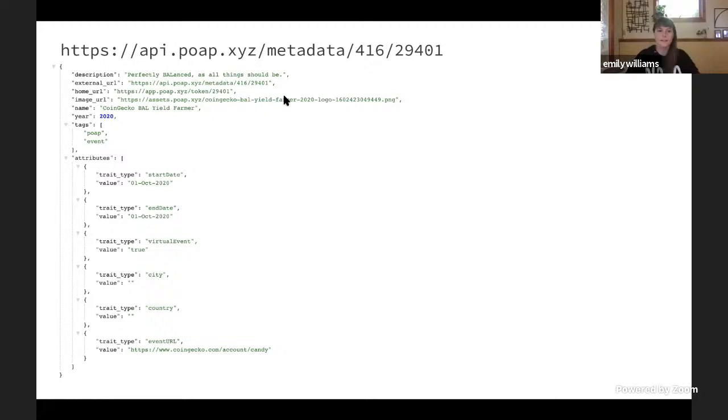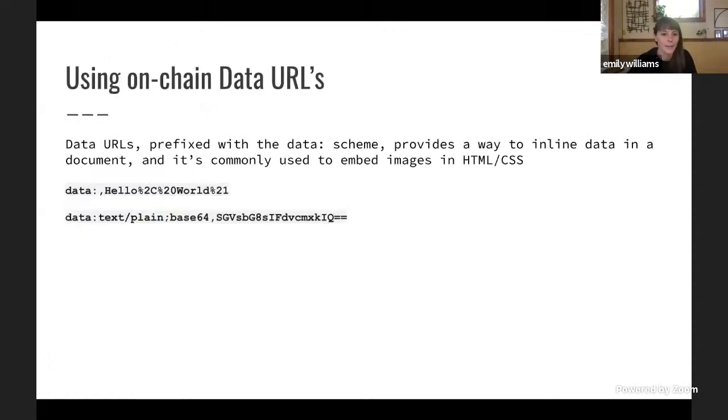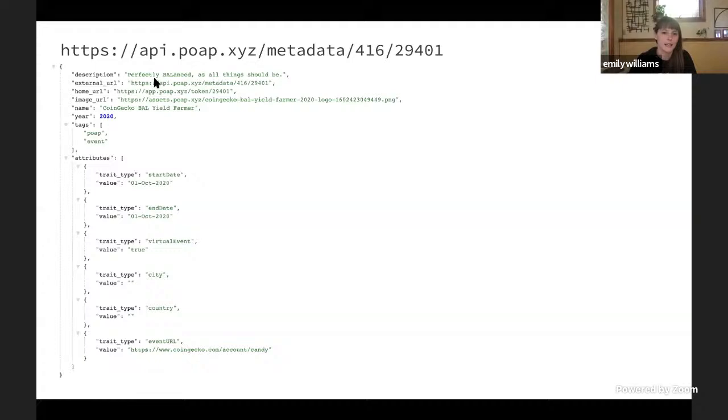However, with Uniswap v3, we thought it'd be fun to make everything on chain. It's fun and it's cool, and it also means we don't need to run an extra service. So for us, it's cheaper as well. And so when we call token URI, which is part of that ERC metadata standard, instead of returning an HTTP link,